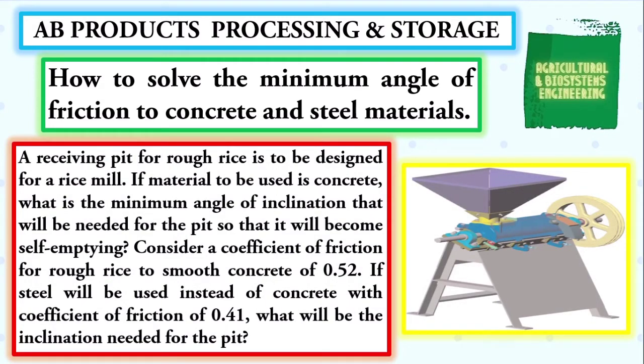A receiving pit for rough rice is to be designed for a rice mill. If material to be used is concrete, what is the minimum angle of inclination that will be needed for the pit so that it will become self-emptying? Consider a coefficient of friction for rough rice to smooth concrete of 0.52. If steel will be used instead of concrete with coefficient of friction of 0.41, what will be the inclination needed